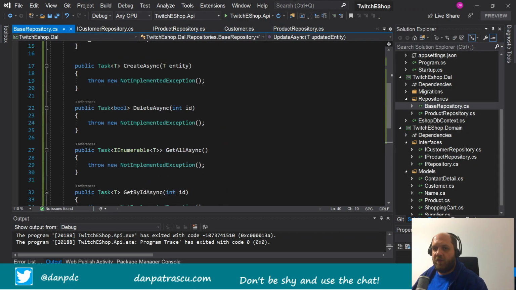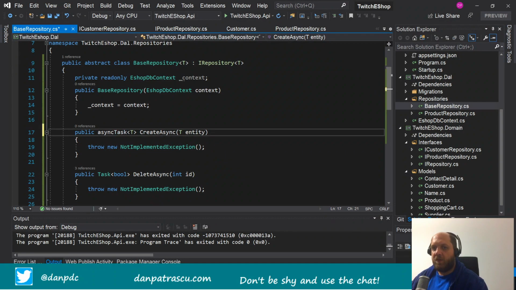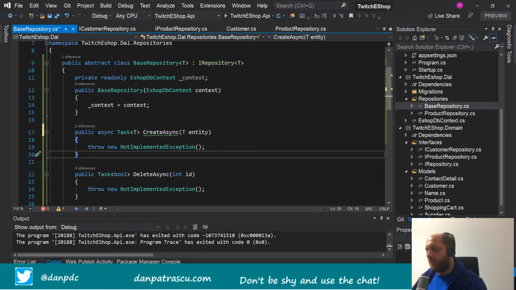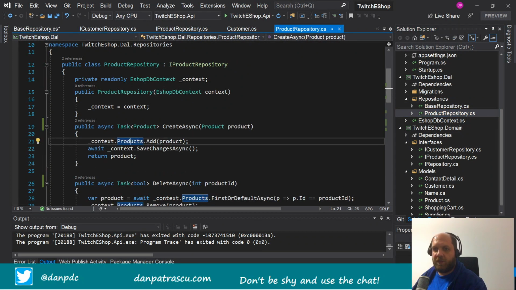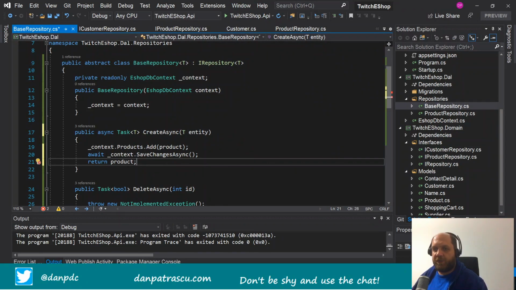And here we see that we have all these methods. The first one is CreateAsync, and here we have public async. We should make all these methods async, and this would be the create one. I guess here we can simply copy from here and adapt only the things that are different. So let's copy what we have here and put it in this space. It's CreateAsync, it also has the async keyword, and it returns a task, so I guess it should be correct. The only thing that we should